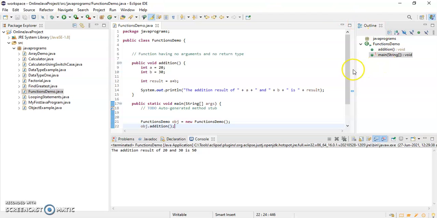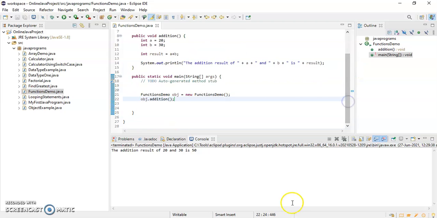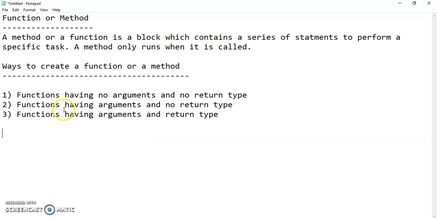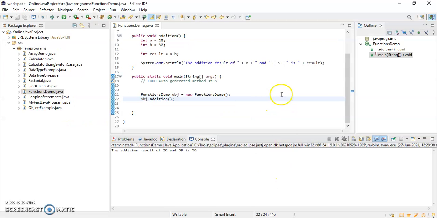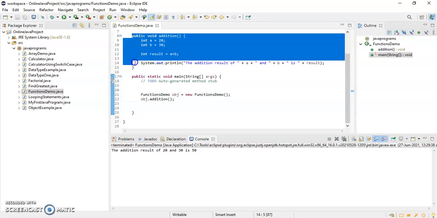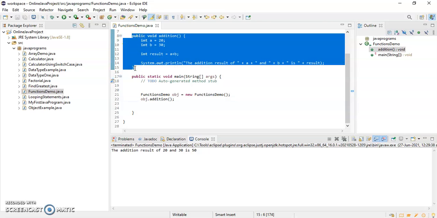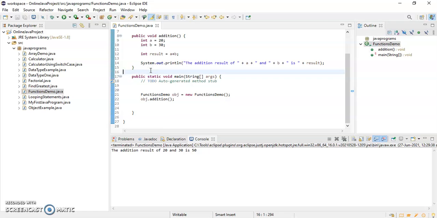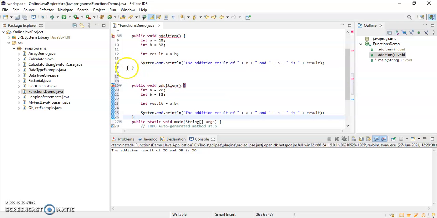Okay, now let's go to the second way of creating method, functions having arguments and no return type. Okay, so what I will do, I'll create one more addition method.